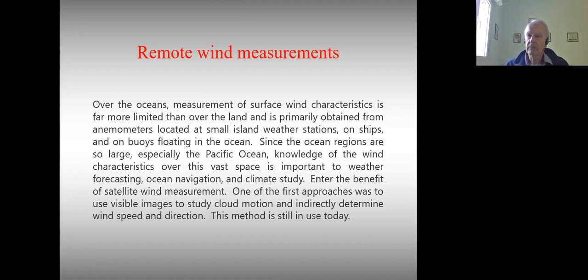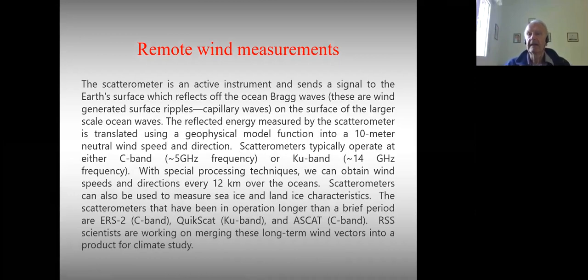You can see here that one of the first approaches was to use visible images to study cloud movement and indirectly determine the wind speed and direction. This method is still in use today, but now the wind measurements use the scatterometer, which sends the signal from the satellite to the Earth surface,